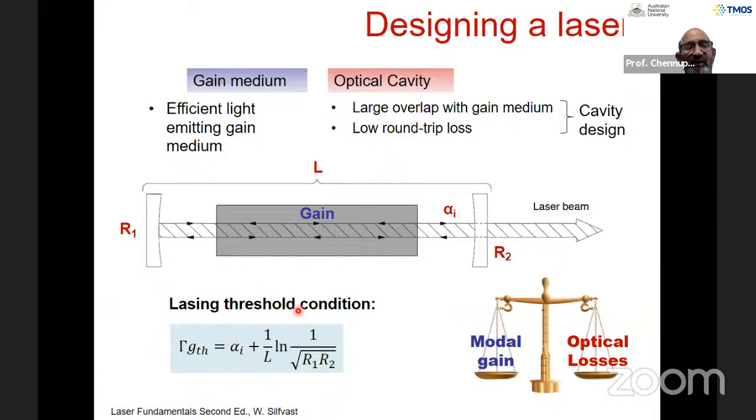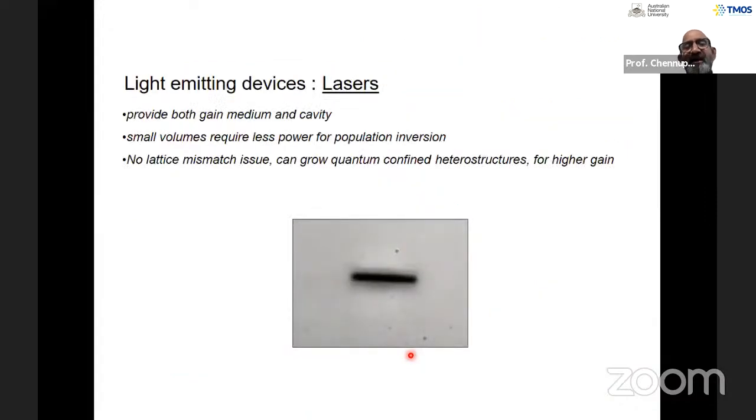The gain needs to be equal to the absorption or intrinsic losses in the cavity, in the gain medium, and then essentially the mirror losses, and that's what really determines when the lasing takes place. So it turns out that if you take the right kind of nanowire and shine light from the top, light starts propagating through this nanowire, and then light comes out from both ends of the